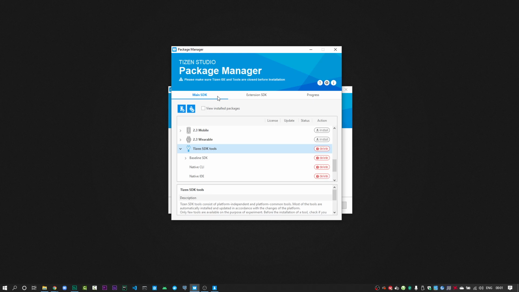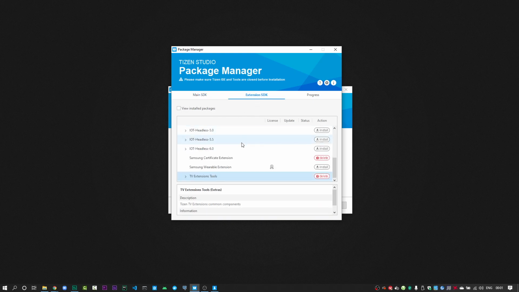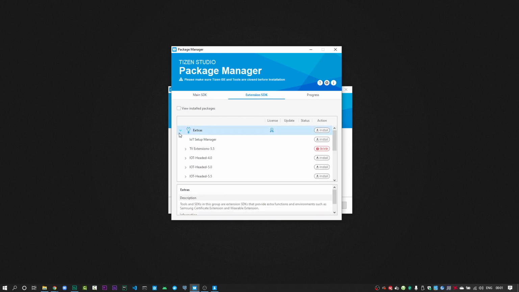So all you have to do is, there are 3 main tabs. If you come under the main SDKs, these are the list of devices and their versions for which you can install plugins. When you come under the extension SDK, you have extras for IoT, for TV extensions, etc. So the stuff that you need to install to start developing for the TV platforms are the TV extension, the latest one,